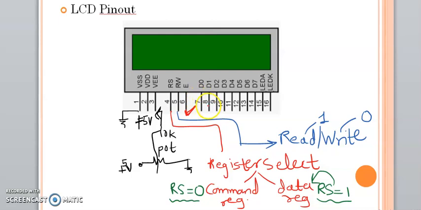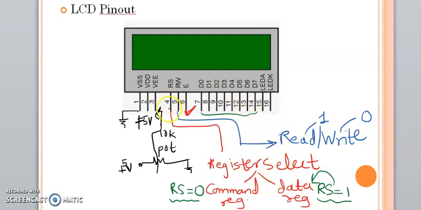Now the next set of pins are D0 to D7, or pin number 7 to 14. These are all called data pins. As I told you, the LCD module works with two modes, either command or data.